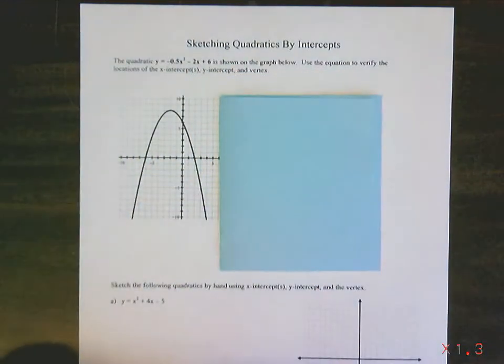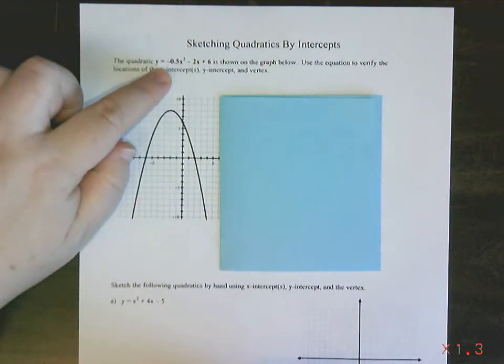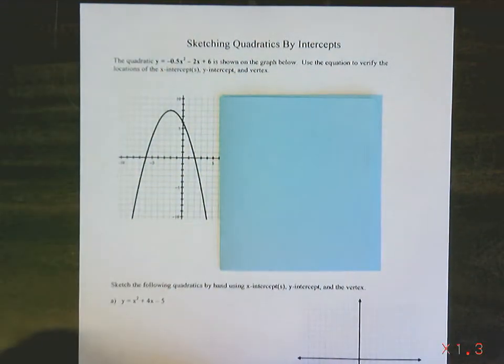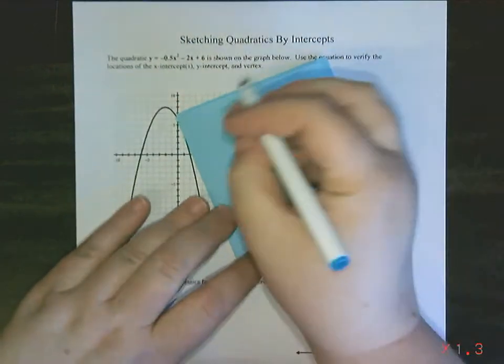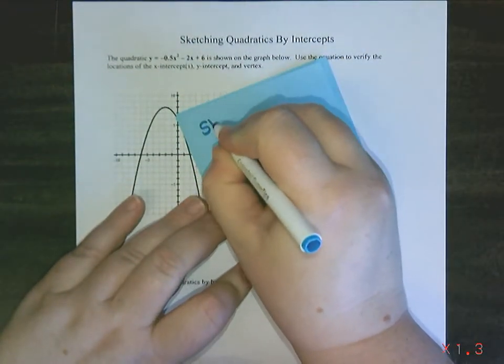So we're actually going to start by doing the question that's on the sheet on our foldable. To sketch by intercepts, we use three things. We use the x-intercepts, the y-intercept, and the vertex. On the front, I'm actually going to write that down. We're going to put sketching by intercepts,